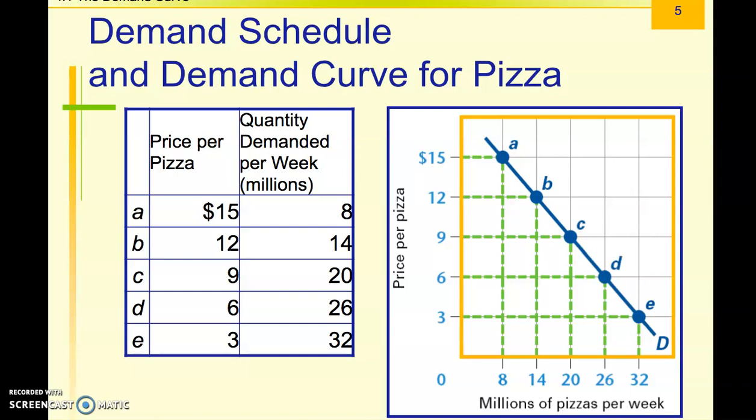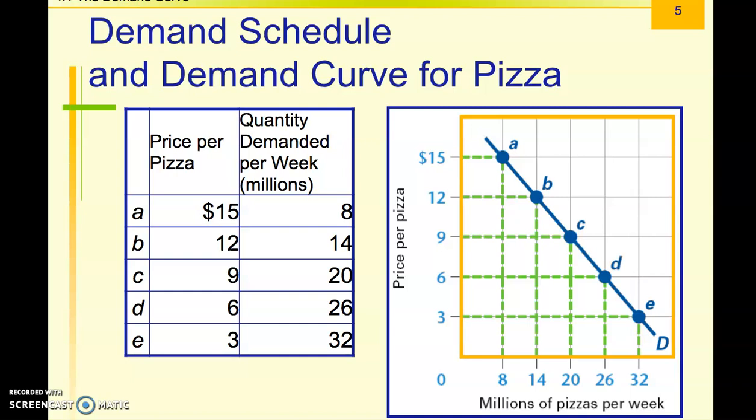So maybe once this quarantine thing is all done, people are going to be like, you know what, I've wanted pizza for the last month. I'm going to go get pizza. And they're willing to pay more for it just because now they can. So you may see this line go to the right once people are able to conduct their lives the way we're used to doing it. Okay, that's a little bit about what the law of demand is, and also what the curve looks like.